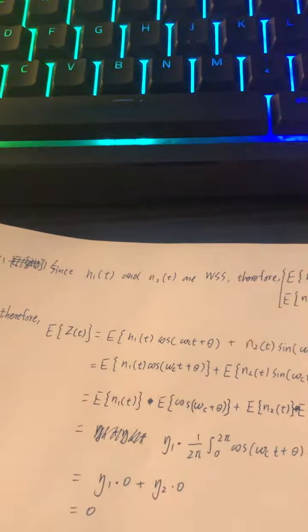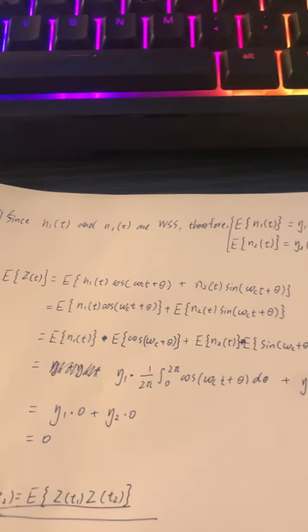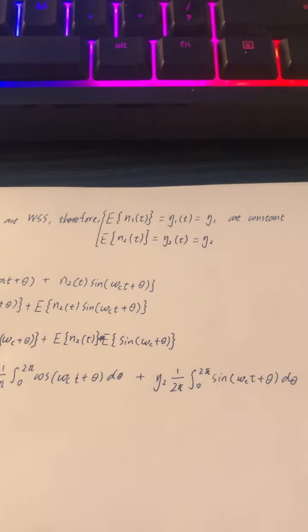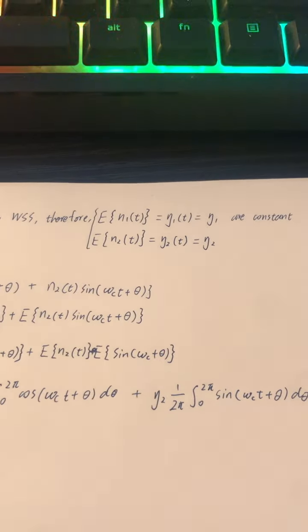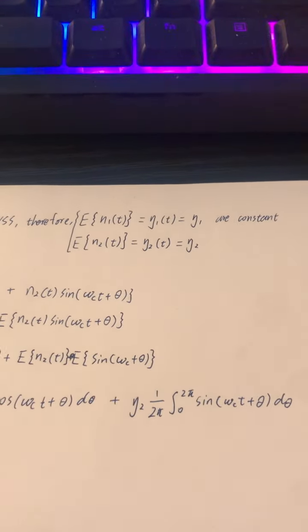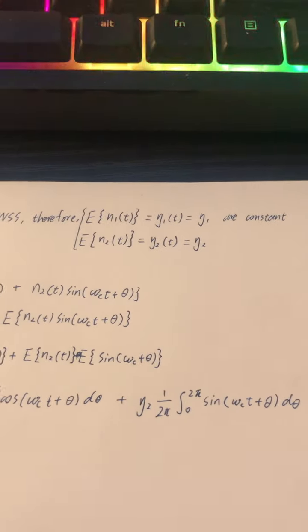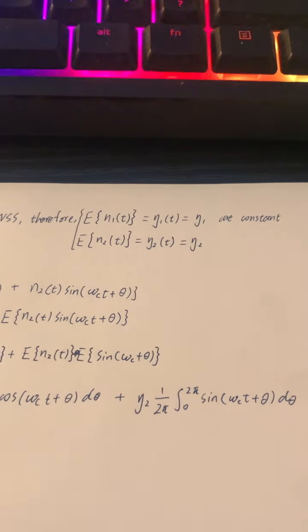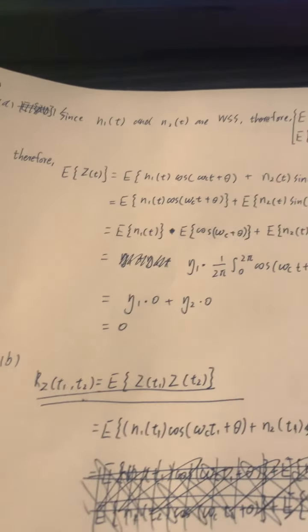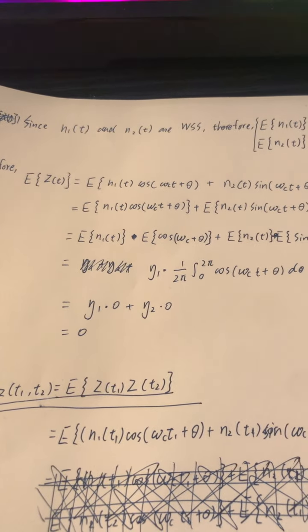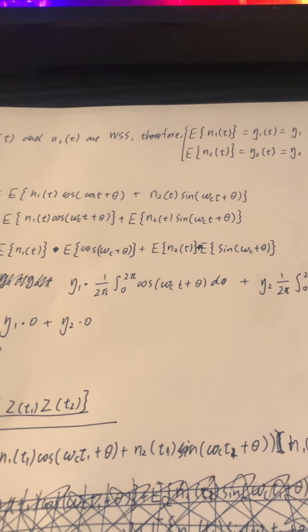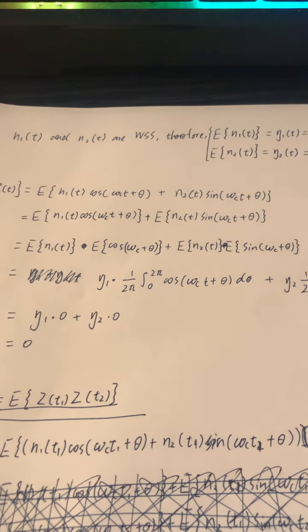For the first one, since N1(t) and N2(t) are WSS, it can be written into this form: the expectation of N1(t) is equal to the first mean, and the second one is the same, the second mean, and these two are constants, they do not change. Therefore E[Z(t)] is equal to the expectation of N1(t) cosine(ω_c t + θ) plus N2(t) sine(ω_c t + θ), and